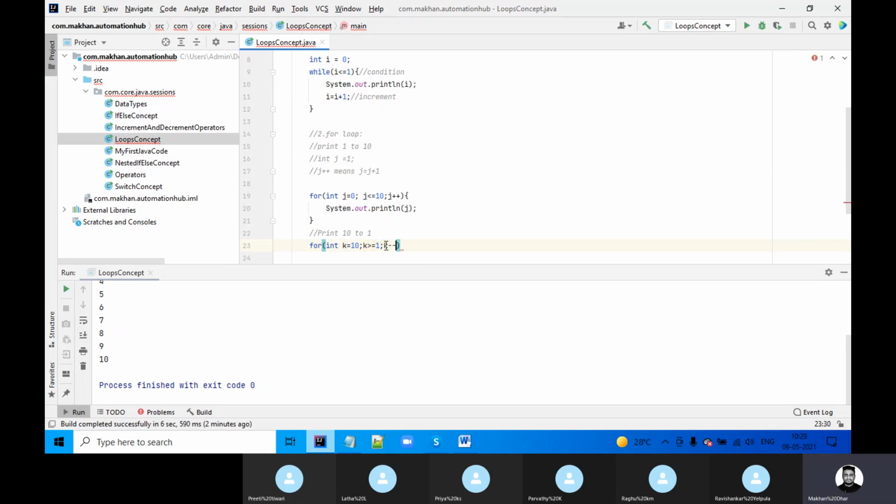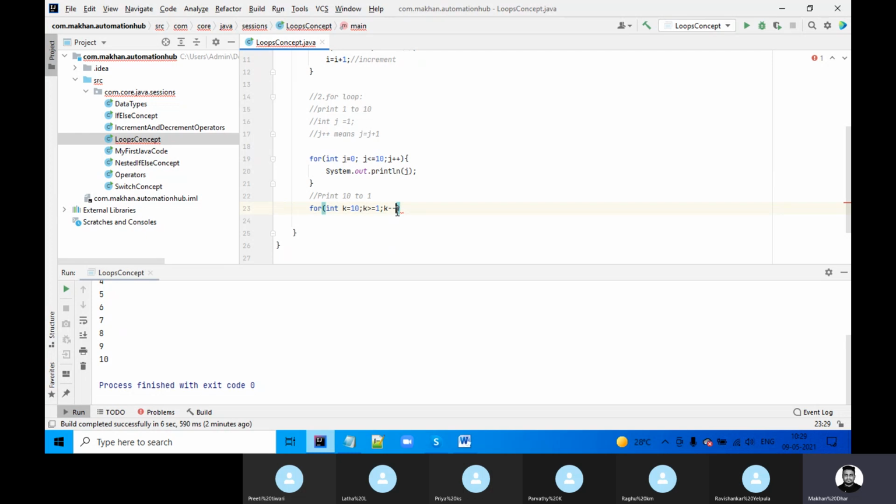So obviously before I write k minus minus, k is the current value, k is greater than or equal to 1. But I need to reverse, right? For reverse we have to decrease the current value. In the previous example we were increasing by plus 1, plus 1, giving 0 to 10.